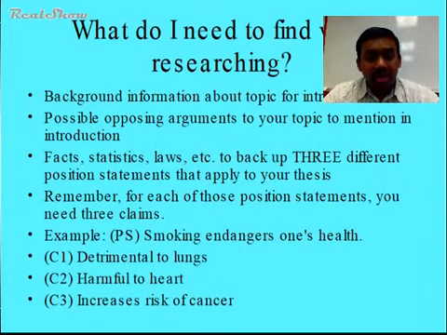What do I need to find more supporting evidence, or when you do your research? You need to find some background information to support your topic, possible opposing arguments to your topic. You need to find that. You need to find facts, statistics, any laws, etc. to back